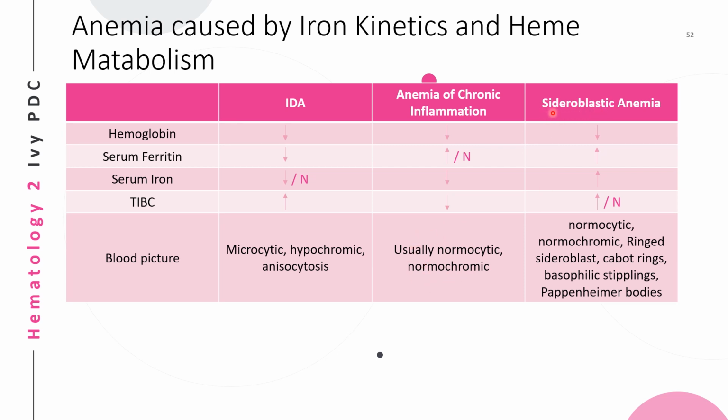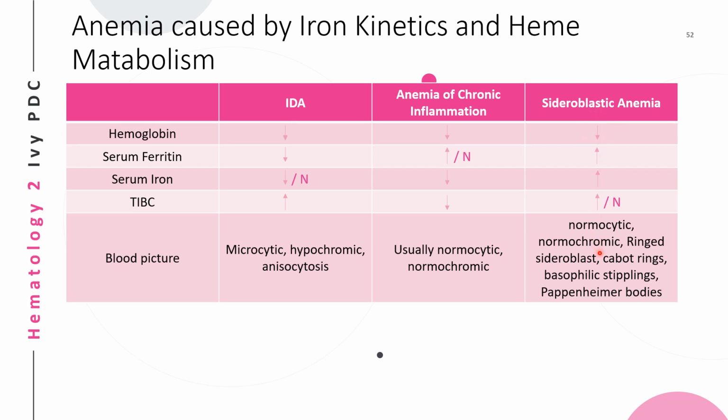While in sideroblastic anemia, the problem is there are normal iron stores, or the iron is abundant in the bone marrow. That's why ferritin, iron, and TIBC are all increased or normal. But the problem is the body is unable to use it to make hemoglobin. That's why hemoglobin is still decreased. So again, the difference of sideroblastic anemia is that there is no problem with the storage or the amount of iron. There is an increased amount of iron available for use. It's just that the body does not know how to convert it to a proper iron in hemoglobin.